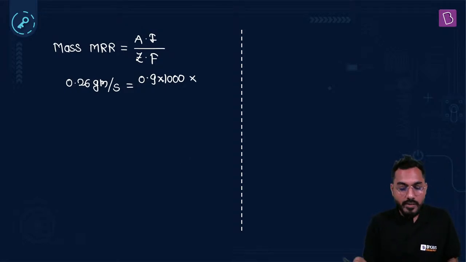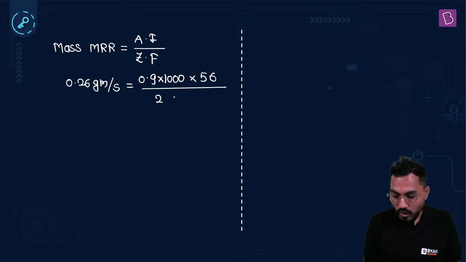I have written the current first and then the gram atomic weight. I'll write down 56. No worries. Right? Understood. Z is valency. Valency is given as 2. And then the only unknown is F. F is Faraday's constant. If you calculate that, Faraday's constant is coming